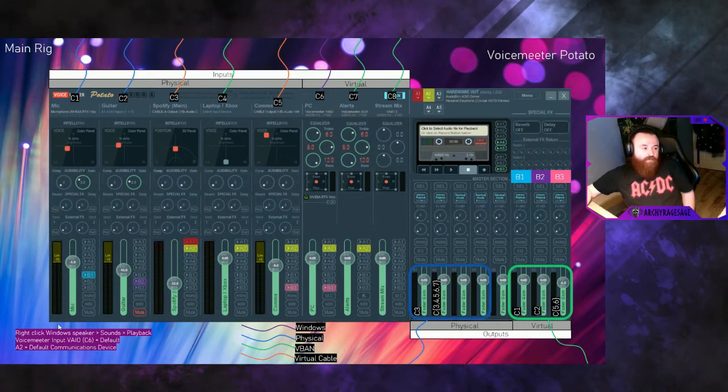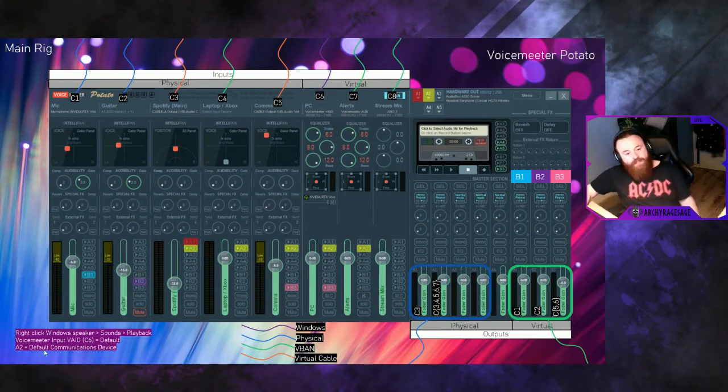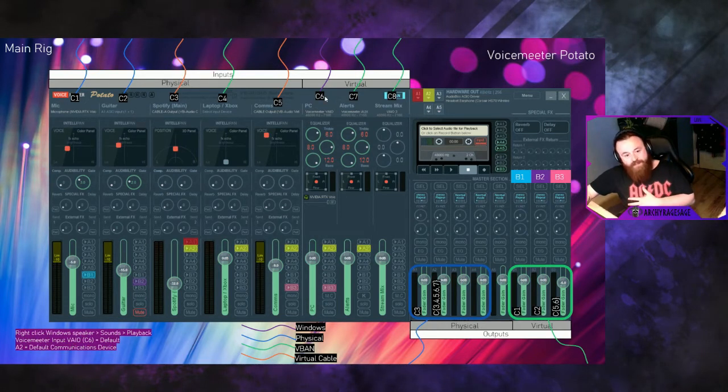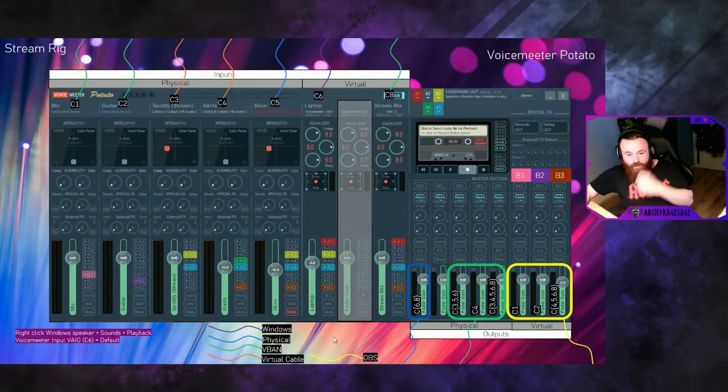As I said before, some things I'm just not going to cover, but I've given you a little guide here on how to do it. A2 is my default communications device, and then the VAIO is my default, which is labeled purple for Windows. Okay. So this is the streaming one,